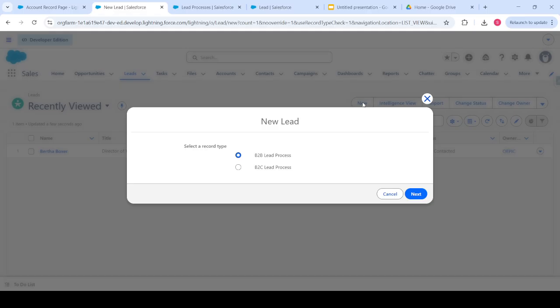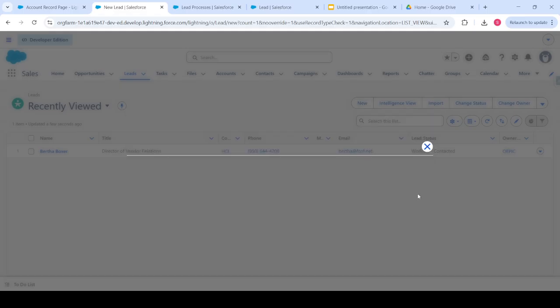So it will be useful for you in your day-to-day project work, like where you will get a requirement to create a record type for your lead processes. Then you have to create a record type, and that lead processes will be attached with this record type. If I select this B2B lead processes, then